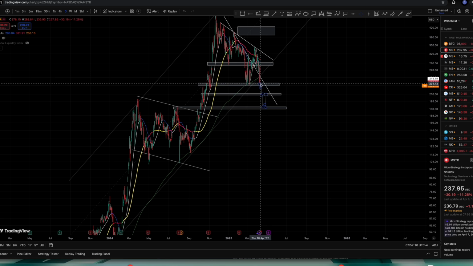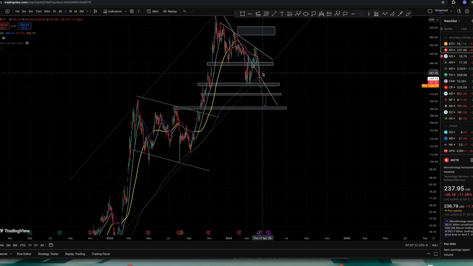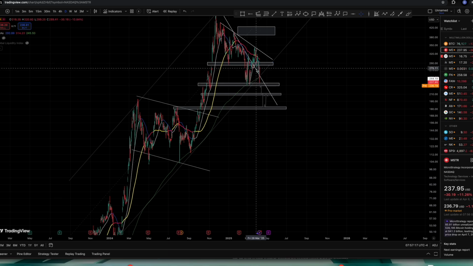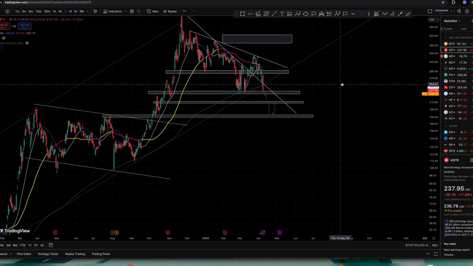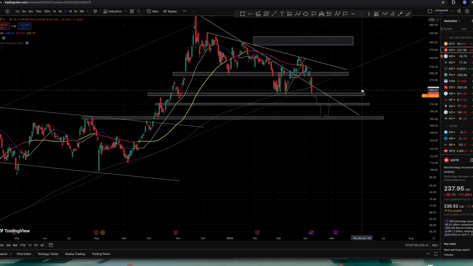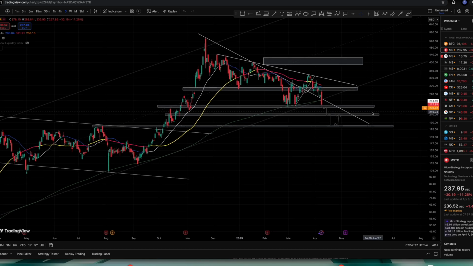So hopefully this is just a small close underneath and we get a nice little green candle to replace this red candle like nothing ever happened. And then on the weekly, it turns into a nice wick, which would be very bullish. But right now, bears are definitely in control. And this thing looks like it's going to go much lower, but we never know because price action is always